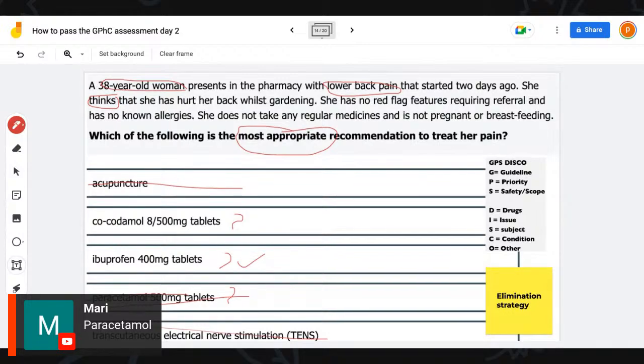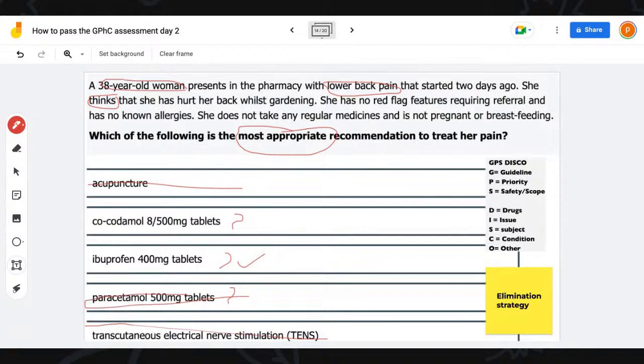Which one are we going to go for? Are we going to go for paracetamol because this is coming in your exam, or are we going to go for codeine? Let's apply our GPS. That's the only way we could do this. If we assume that this patient has got asthma, it simply means we have to take away ibuprofen. So we're left now with two choices. We're either left with cocodamol or we are left with paracetamol.